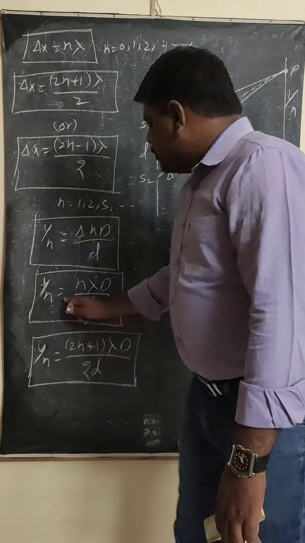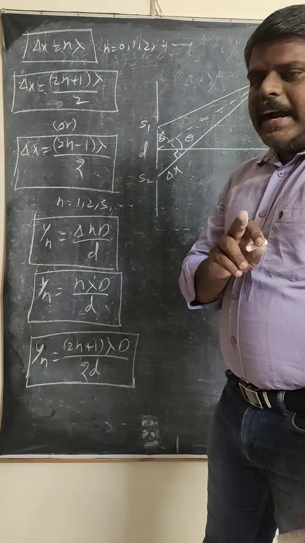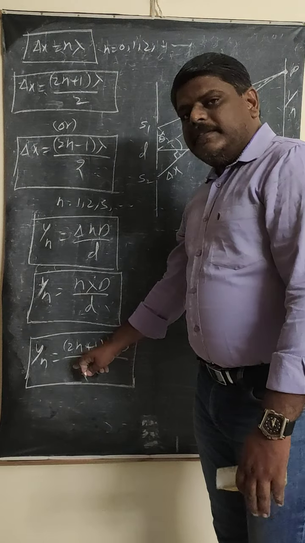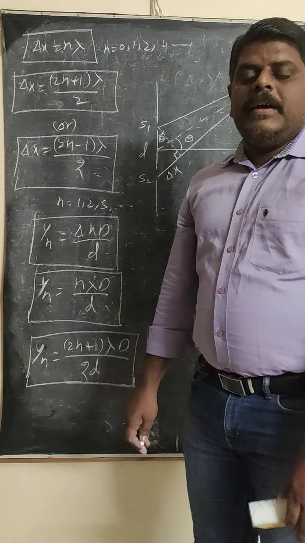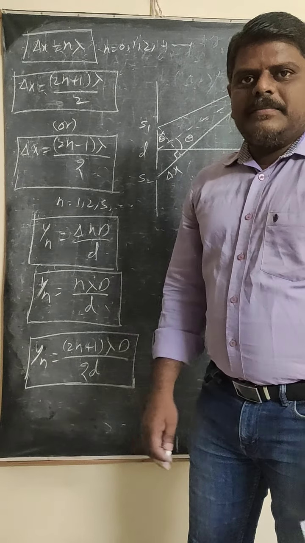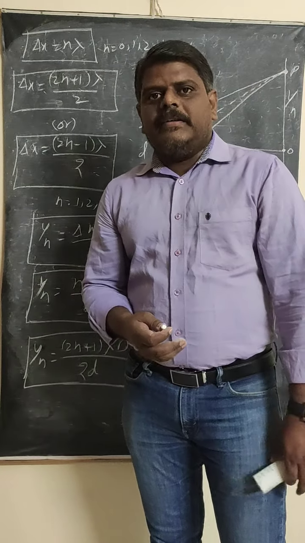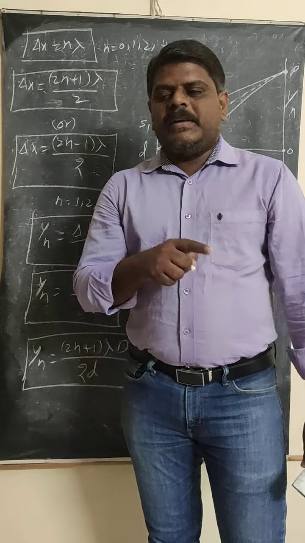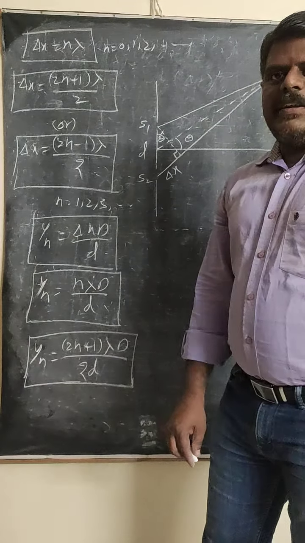So these two formulas are also very important to solve the problems. And I already told you the condition. If you are going to use this one, and they are saying third dark band, how much do you have to take? n is equal to 2. If they are saying the seventh dark band, and you are using this condition, then what n value do you have to take? 6. Like that you are going to use this. So these are the formulas.